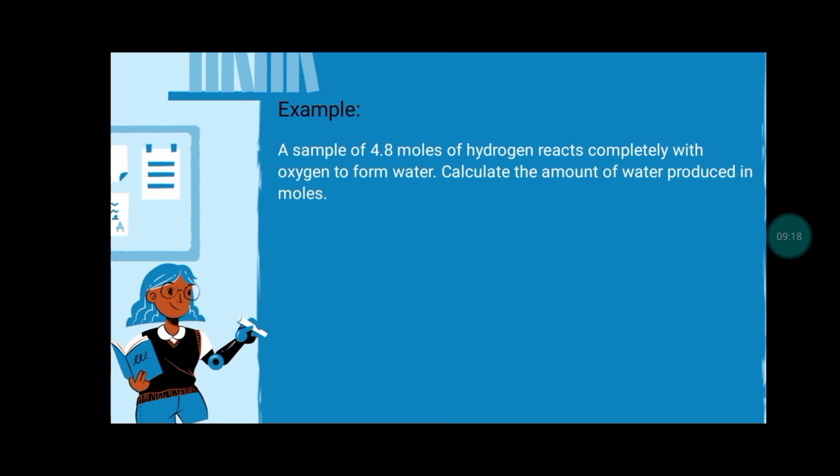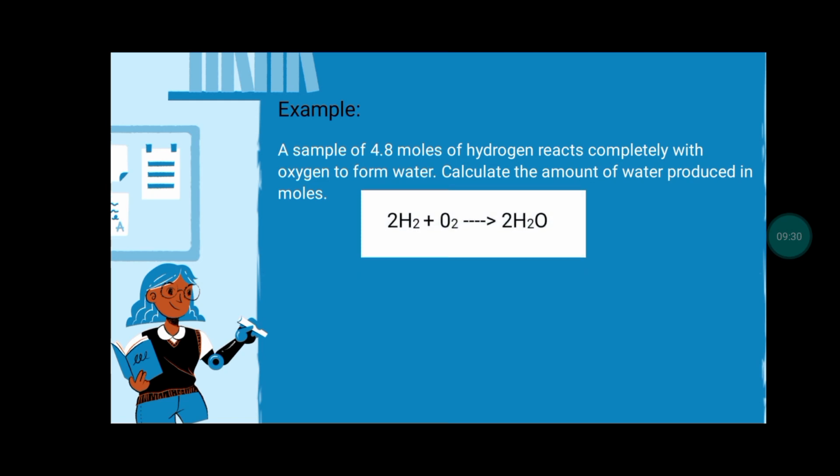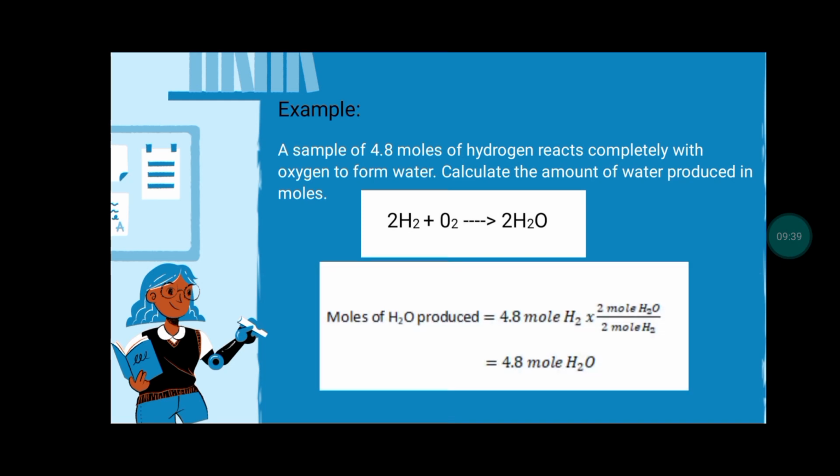So, it's just a one-step conversion. You will convert the 4.8 moles of hydrogen into moles of water. So, how? It's like this. Right? We have our reaction earlier to produce water. So, this is our reaction. So, moles of water produced is equal to our given 4.8 moles of hydrogen times the ratio of water